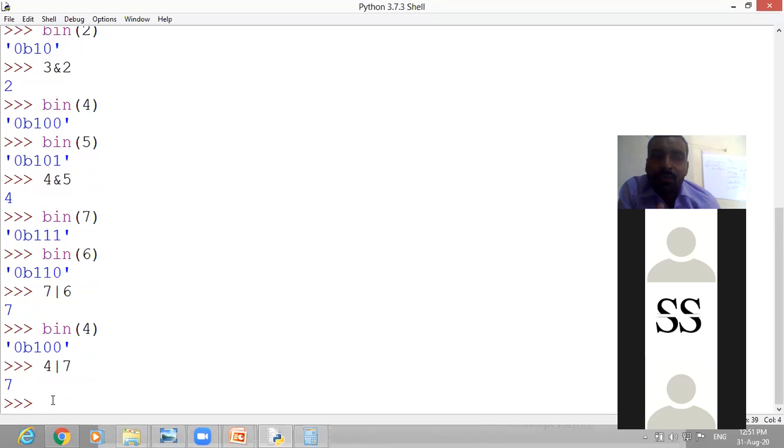Then again if we compare suppose 4 or 6. What is the binary of 6? 110. And binary of 4, 100. So in 6 and 4, 1 and 1 is 1. 1 and 0 is 1. 0 and 0 is 0.